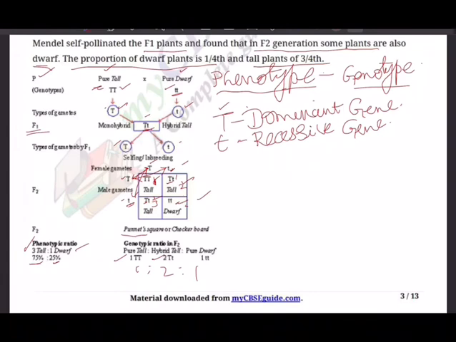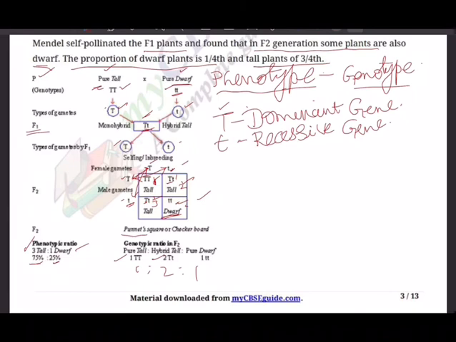So now can we answer the questions that we were talking about? How is it that in the F1 generation this dwarfism character of the parents disappeared? That's because of the law of dominance, the presence of capital T. And how is it that in the F2 generation a new, hidden character called dwarfism has come, in spite of both the parents being hybrid tall, at least pure tall, if not pure tall, at least hybrid tall? And that is again the law of segregation. Not only that, the genes have got freedom to combine with any other gene. We call this the law of independent assortment. These are the three reasons why